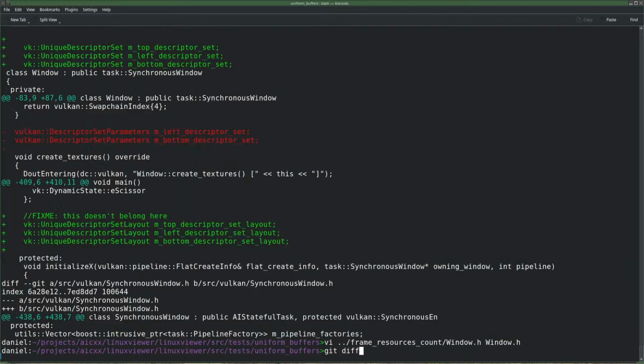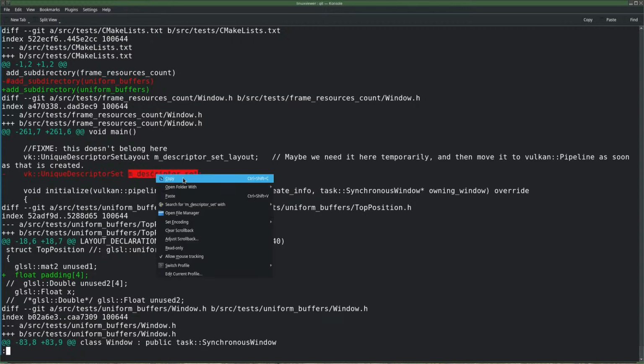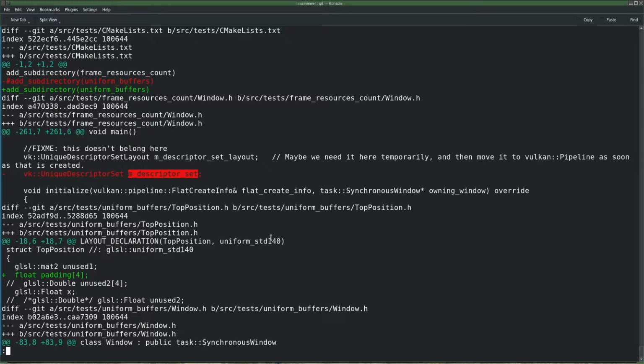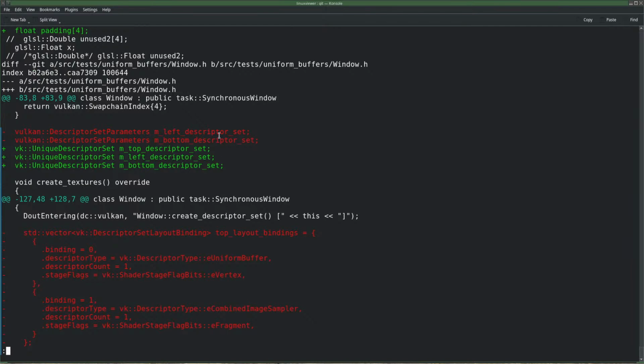Okay, git diff. It is of course true that we only have that one. No, that's all nonsense. That's the other one. We had descriptor set parameters. That must be used.